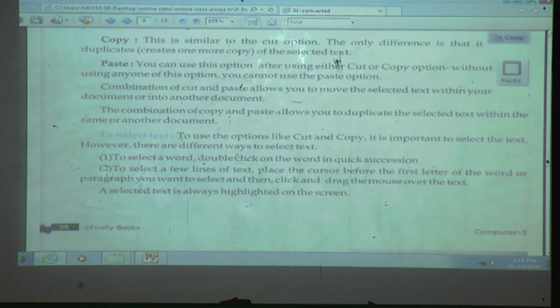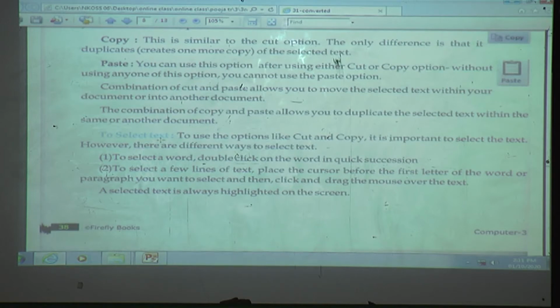Next one is to select the text, needed for each and everything. Suppose we want to give any effect, such as changing the font style, font size, or if you want to give the bold effect, underline effect, or if you want to do copy paste, for each and everything we must select the text or sentence. Then how to select this text or sentence we will see here.